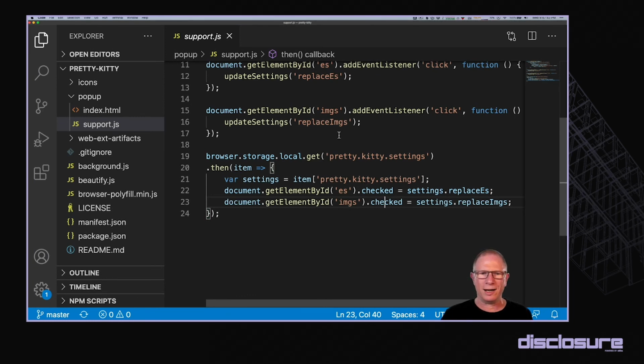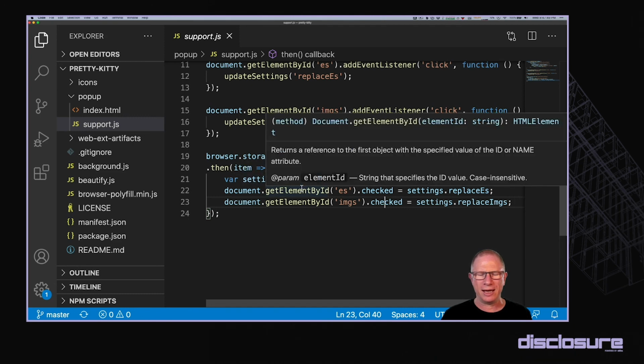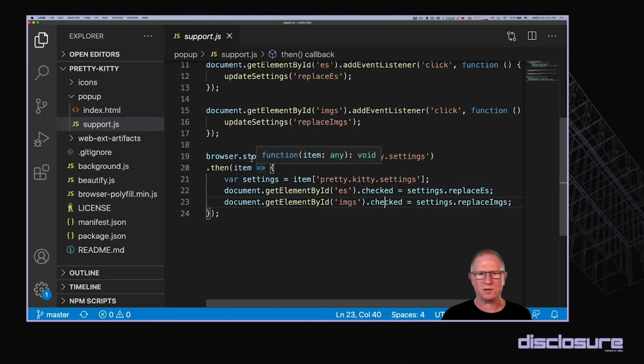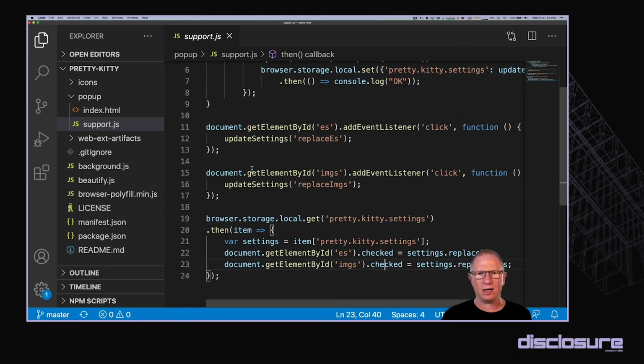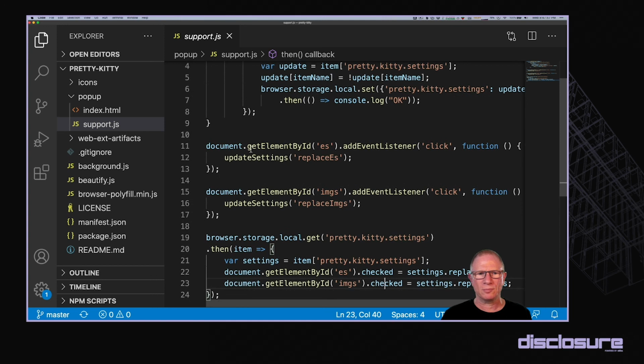Let's take a look at what else is happening here in support.js. So the first thing we looked at is initializing the state of the checkboxes based on what's found in local storage. We also have a couple of management functions here, listener functions, and those are going to manage what happens when these checkboxes in the pop-up are